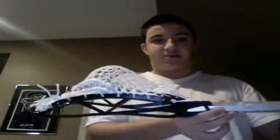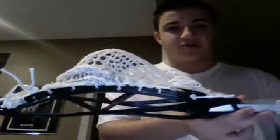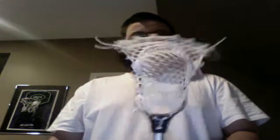I have my Flight 17 that I strung with a relatively high pocket. I think it looks nice anyways. It's kind of like a high mid. The pocket is a little bit elongated for my liking. It doesn't exactly sit right under the shooters, which does decrease the hold. But this was a really awkward stick to string. It looks better from this angle. Probably looks a little bit better. I don't know why it looks so different from this angle, but it's hard to explain. This is a 13 millimeter, as you'll be seeing the 15 millimeter in a little bit,